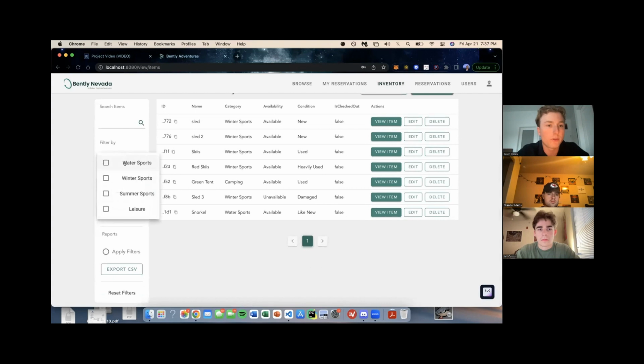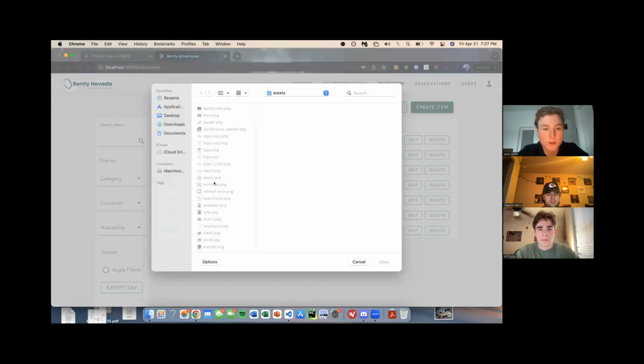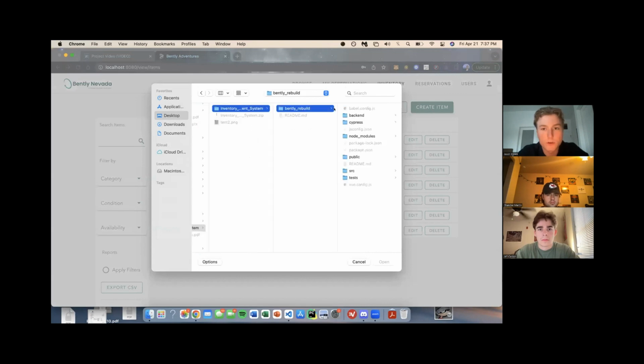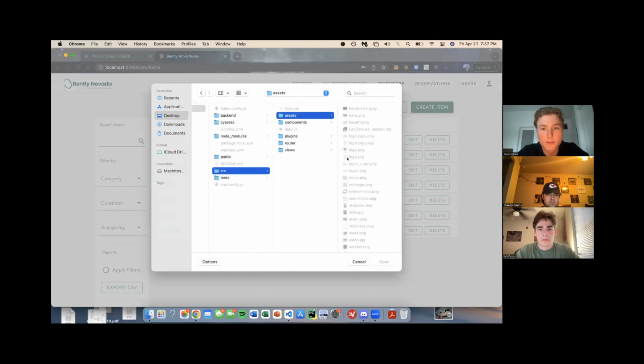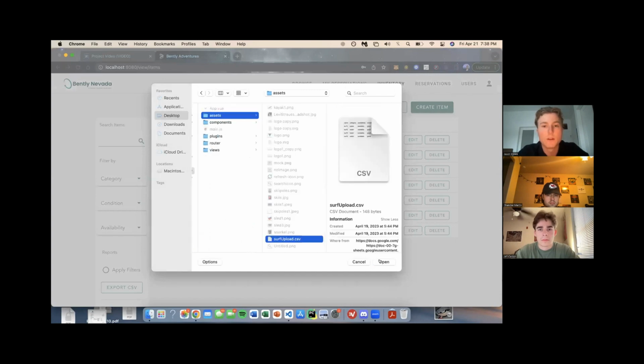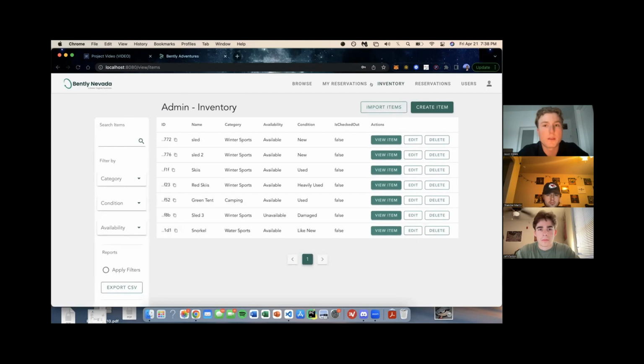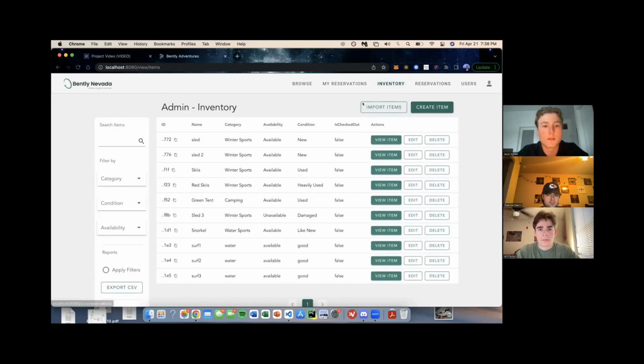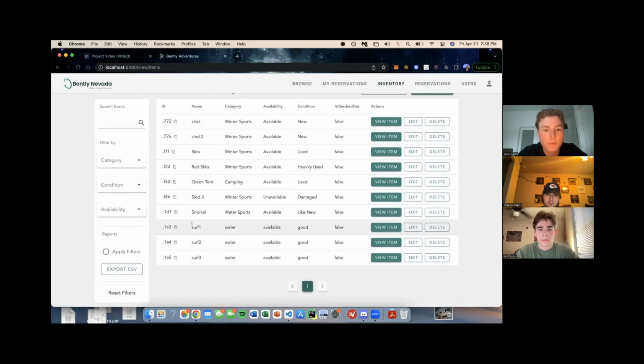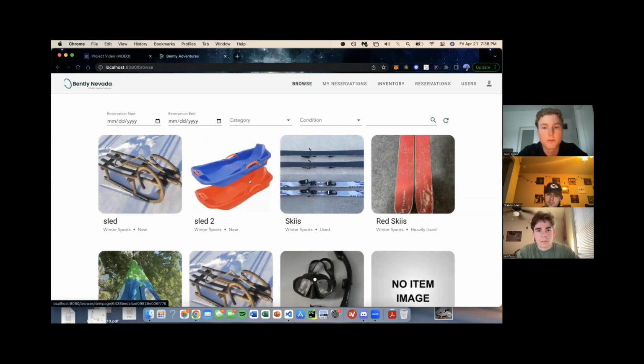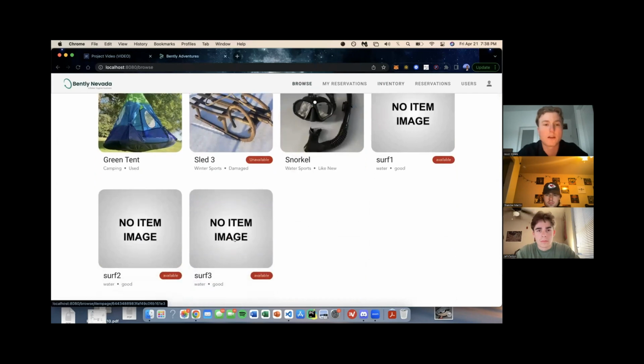So you can also filter by category, by condition, by availability. You can import items, which I'll do now. So just finding this CSV file. So I'm uploading a... Okay, there you go. So I uploaded a CSV file in bulk, just with temporary values surf 1, 2, and 3. And you can see that it added those items to the database. And if we go to browse, we don't yet have items or images added for those, but they're added to